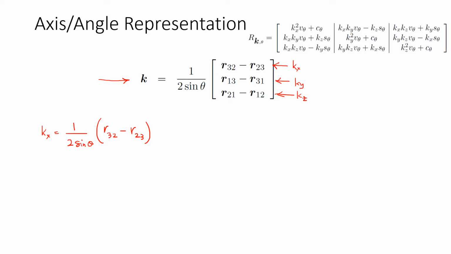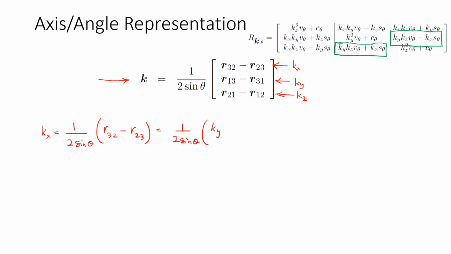Now in that particular scenario, r32 is the element in the third row and second column, which is this, and r23 is the element in the second row and third column, which is this. So I'm going to make use of these two elements in order to come up with the expression for kx, and that is going to be 1 over 2 sine of theta, and then you have